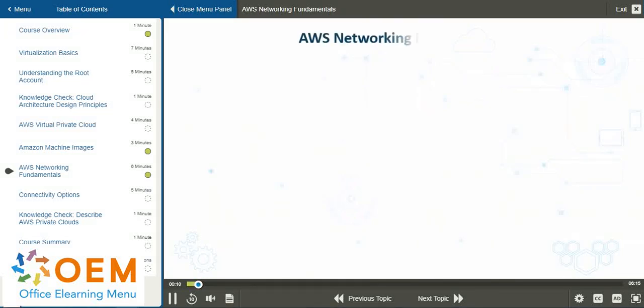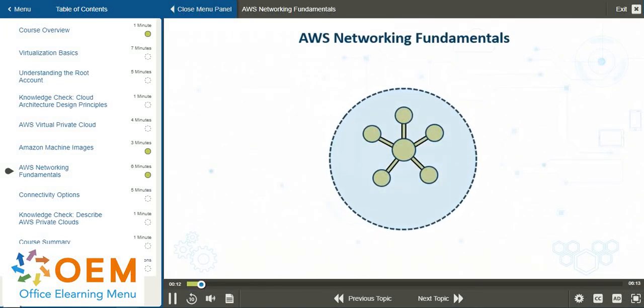This is going to be our first introduction to some networking fundamentals, just basically some terminology. Realize that we are going to cover this in greater detail in Course 8 and actually look at the AWS console and the configuration. So first we have network interfaces, and these are basically a virtual network interface or a